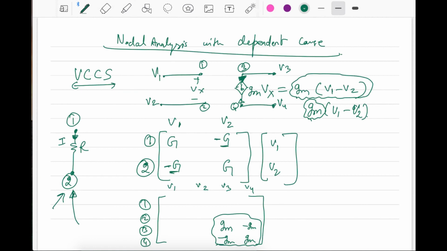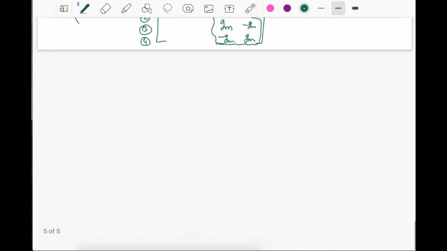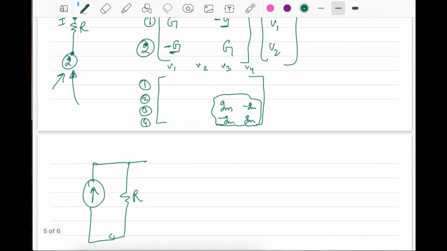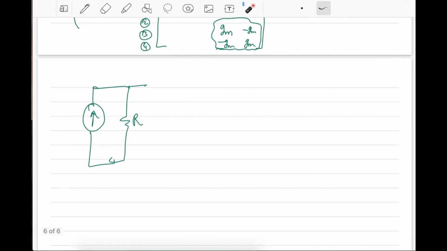So let us try to solve some questions based on this voltage controlled current source. So if you have a current like this. Sir, I still did not understand that. Yes, I will explain it to you through this gm example. Do not worry, this is a bit confusing. I can understand it, but once I solve one example based on it, you will understand what I'm trying to say. Okay, so this is the example for this.